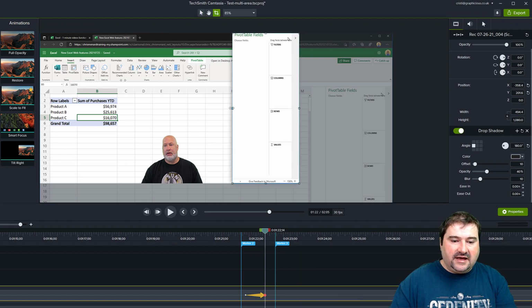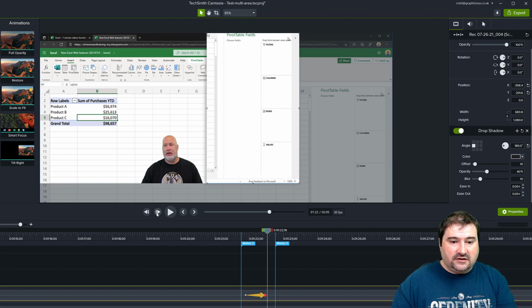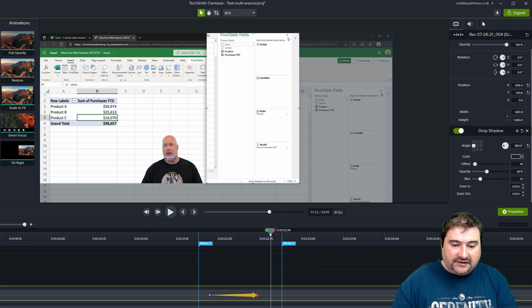Hold down the Alt key and let's make the clip larger. So about here. Now, there may be a part where this other side of the screen is actually being animated. So you need to make sure that, look, if I'm advancing through my animation, it is animating a bit and sliding in. So actually what I want to do is crop to the point where it's final here. As you can see, I zoom in and my playhead is here. So this is where my animation needs to finish.